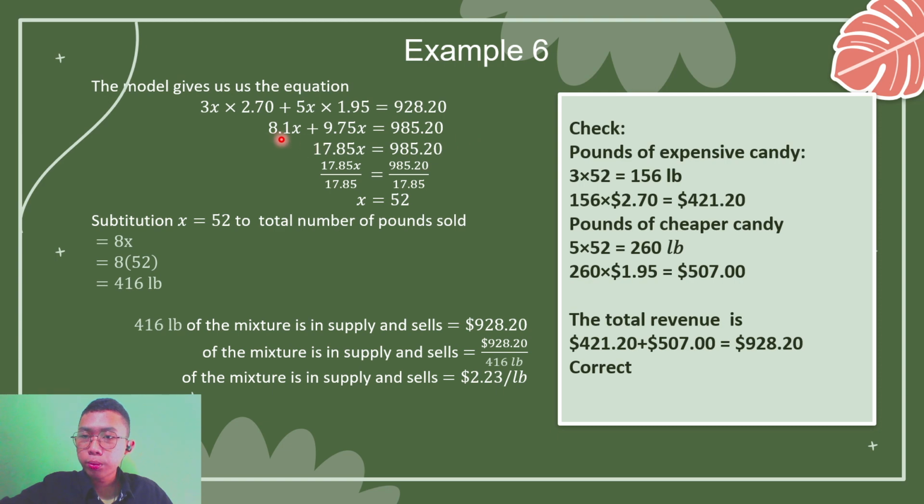So 8.1 plus 9.75 is 17.85x, and we divide both sides by